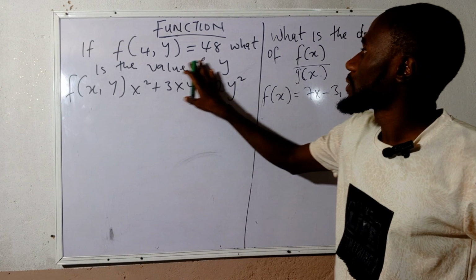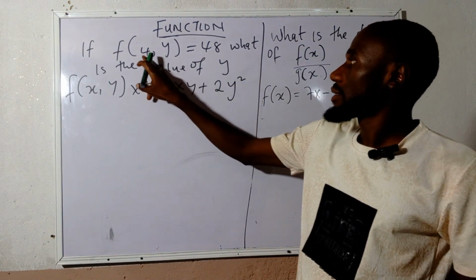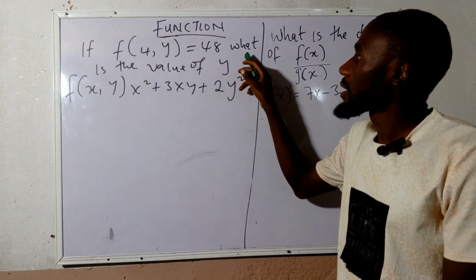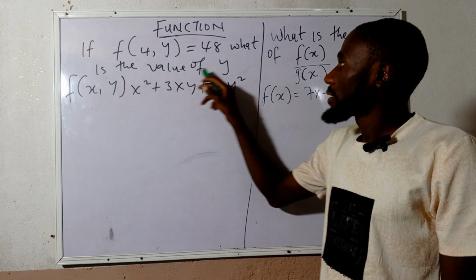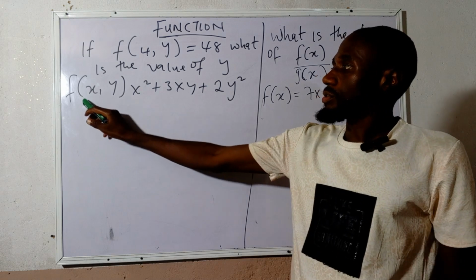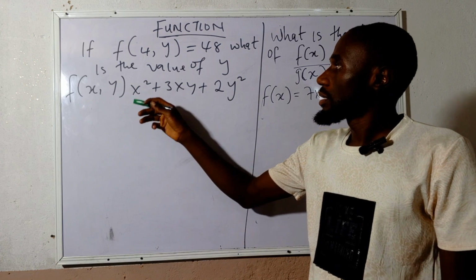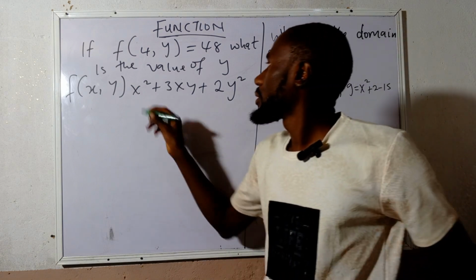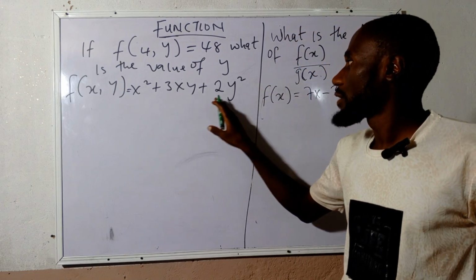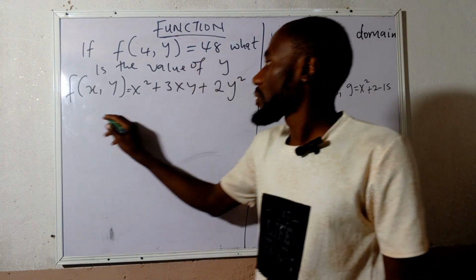In this video we are going to find the domain of the function, and we find f of 4 comma y, which is equal to 8. We are asked to find the value of y. Since the 4 is given, the function f of x comma y is equal to x squared plus 3xy plus 2y squared. Since f is equal to 8,